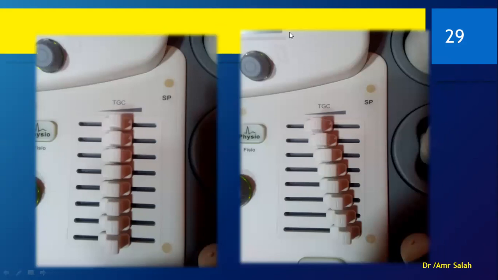Okay, here we have something called TGC. Now, what is this TGC? Normally the TGC has got this set of sliders, mini scroll bars or sliders, whatever you name it, with a triangular shape like this, having the narrow end and the wide end at the extremities of these many scroll bars.